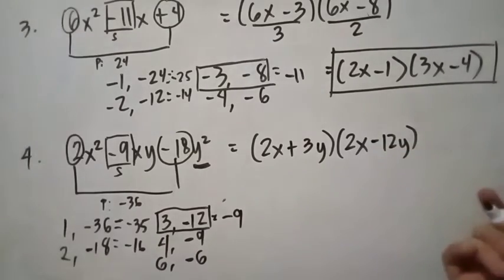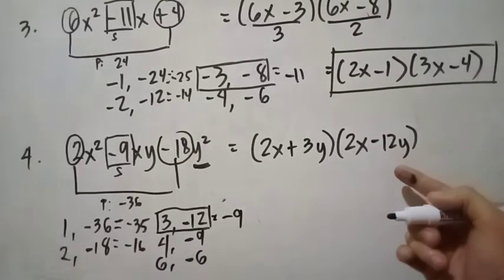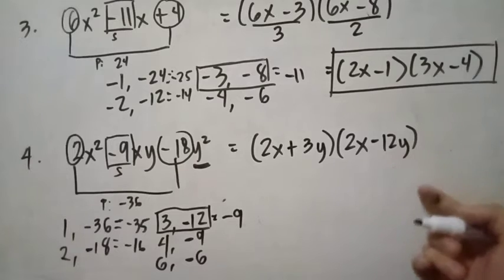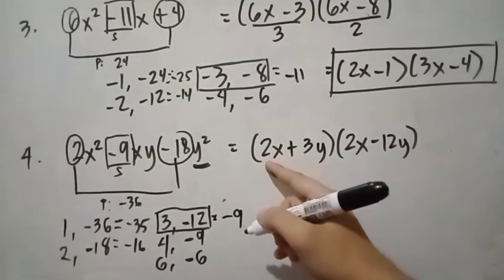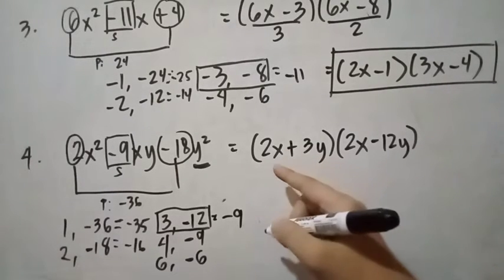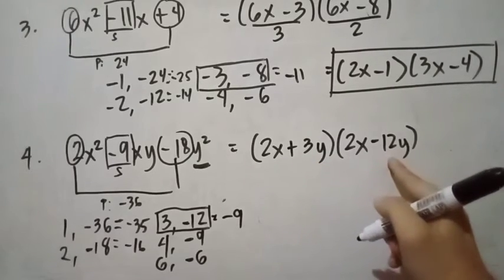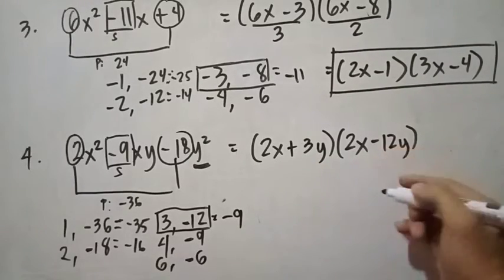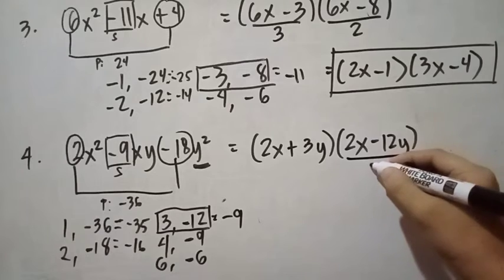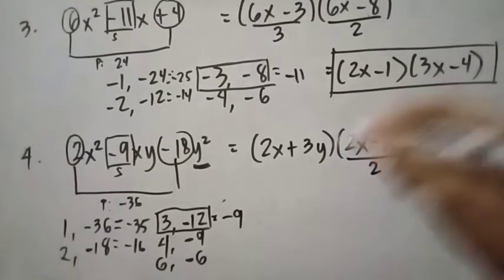Pero hindi pa yan tapos kasi magdi-divide pa tayo ng common factor. Okay, so 2 tsaka 3, wala tayong common factors dyan, no? Pero sa 2 tsaka 12, meron. And that is 2. So, i-divide natin yan sa 2. And then,